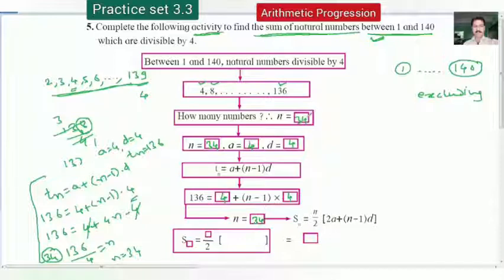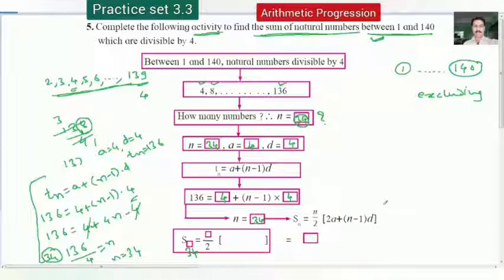Means n is equal to, here actually we have to write a question mark. That one we have to find first, and here we'll get n is equal to 34 using all this simplification. Okay friends, now again Sn. Using this formula, we are going to find Sn, means what? S34. Here we have to find S34.